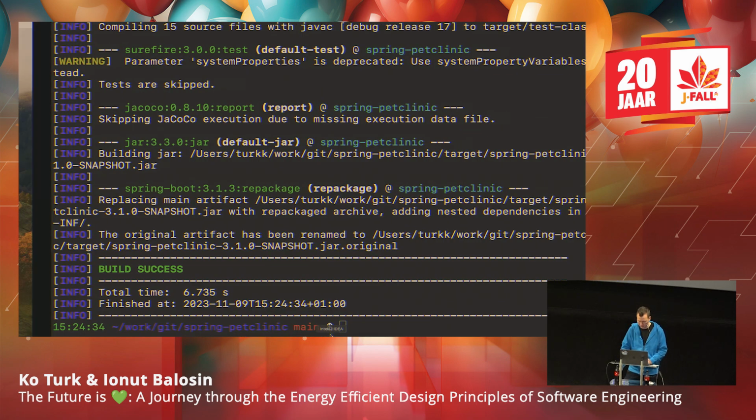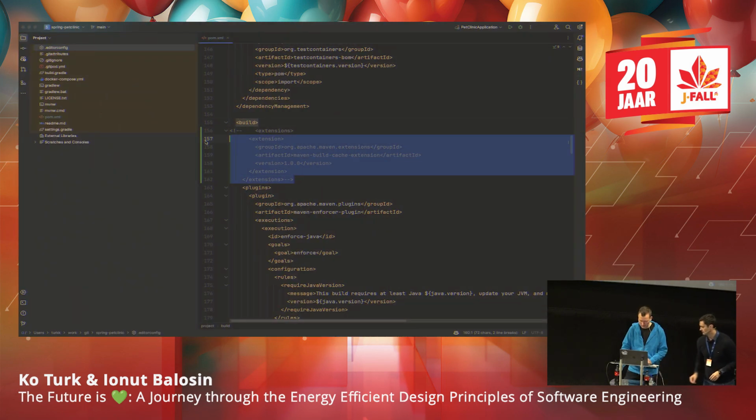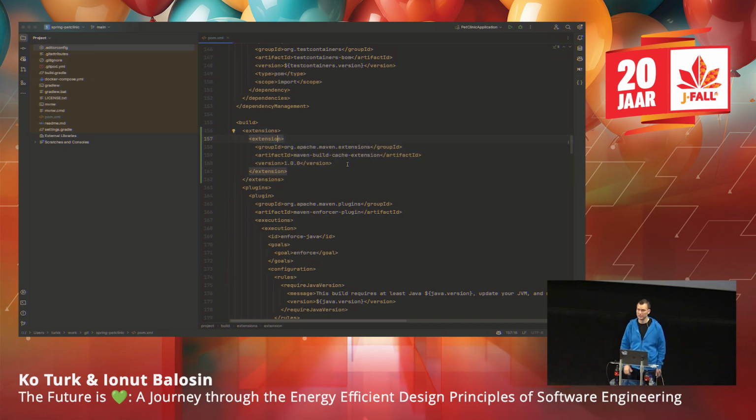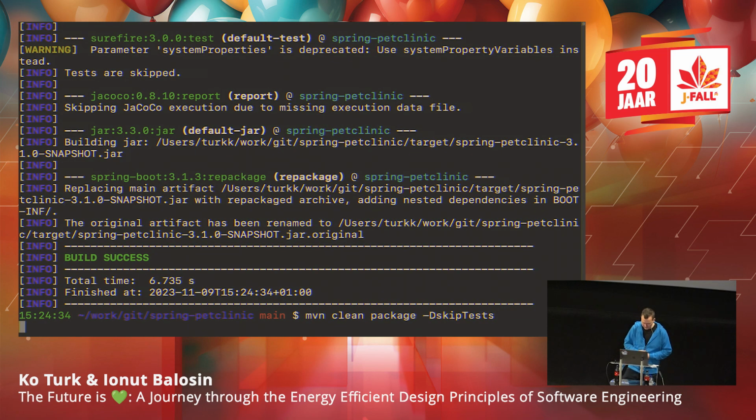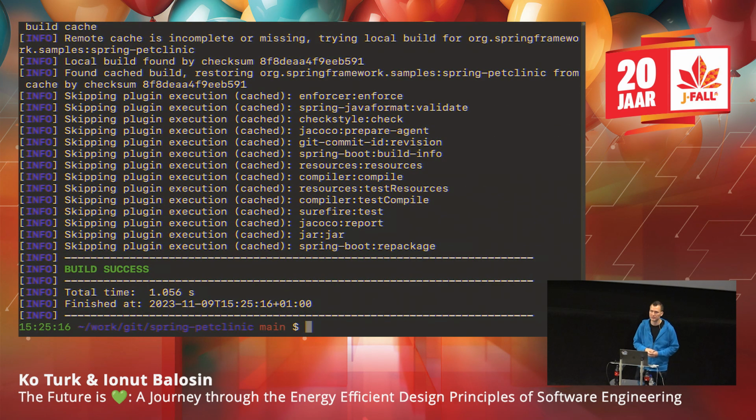But if you go to your IDE, you can also implement something like this. You can add an extension here. It's called the Maven Build Cache extension, and that will reduce your build time. If you change something, it will see, hey, I don't need to build everything. You need to have the latest Maven 3.9.4 or something, then you're good. And then it's already quicker. So it was 6 seconds and now it was 1 second. It sees you didn't change a lot, only a POM, and you're already quicker.